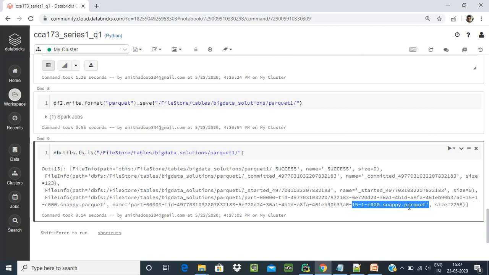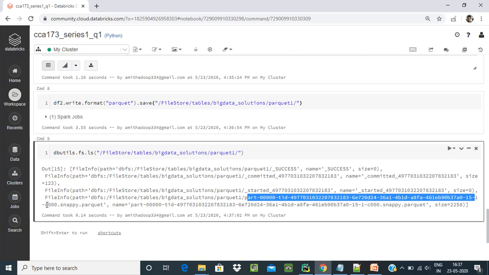That's why Parquet supports snappy by default. You can see here this is part 1. This partition's data is .snappy.parquet, which means the file format is Parquet and the compression technique is snappy.